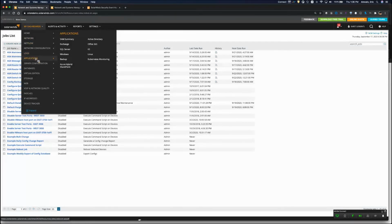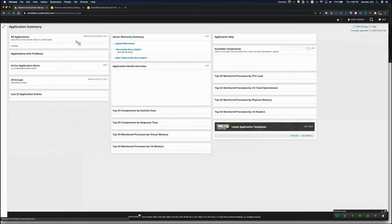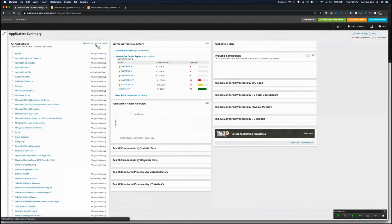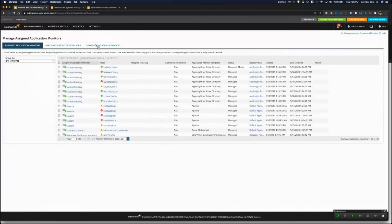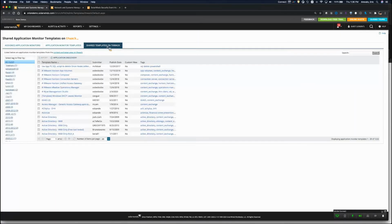So let's go into Server and Application Monitor, monitoring applications. When I talked about having templates to be able to monitor Active Directory, Apache, SQL, do we have any problems, right? And if we do, what is it? So we provide templates so that you can go in there and monitor those applications. We also have a place where, I discussed our THWACK community. Those are